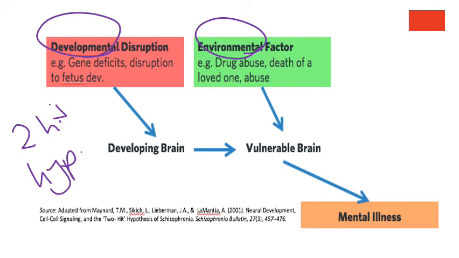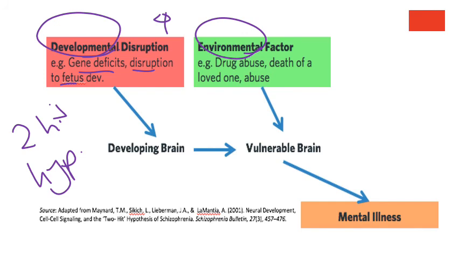What they suggest is that there might be some disruption in brain development through things like gene deficiency, or disruption to the fetus, like the mother getting sick or the mother ingesting things that she probably shouldn't be ingesting when she is pregnant. That will mean that there is a disruption to development, and this increases the vulnerability to mental illness when the child is born. This doesn't necessarily mean that the child is going to be mentally ill when they are born or later on in life, but there needs to be a second hit.